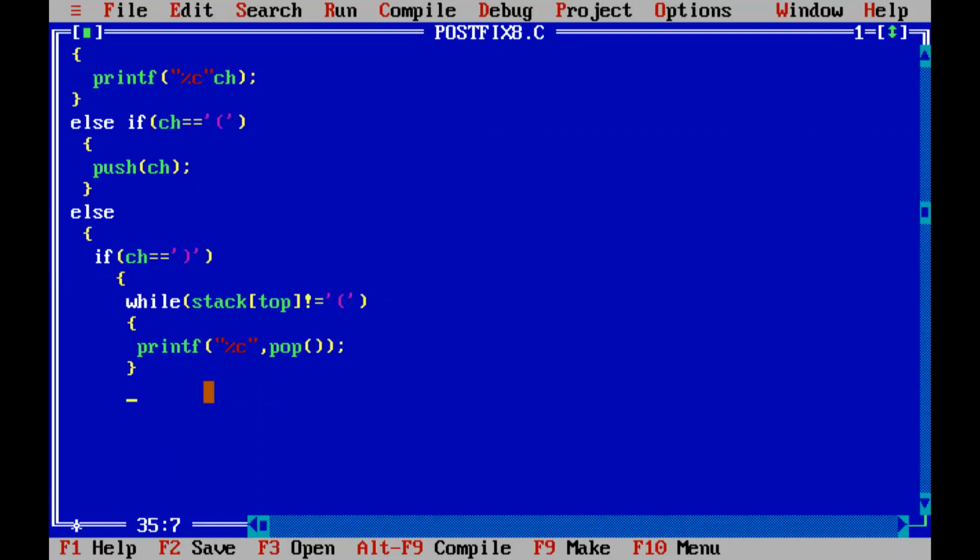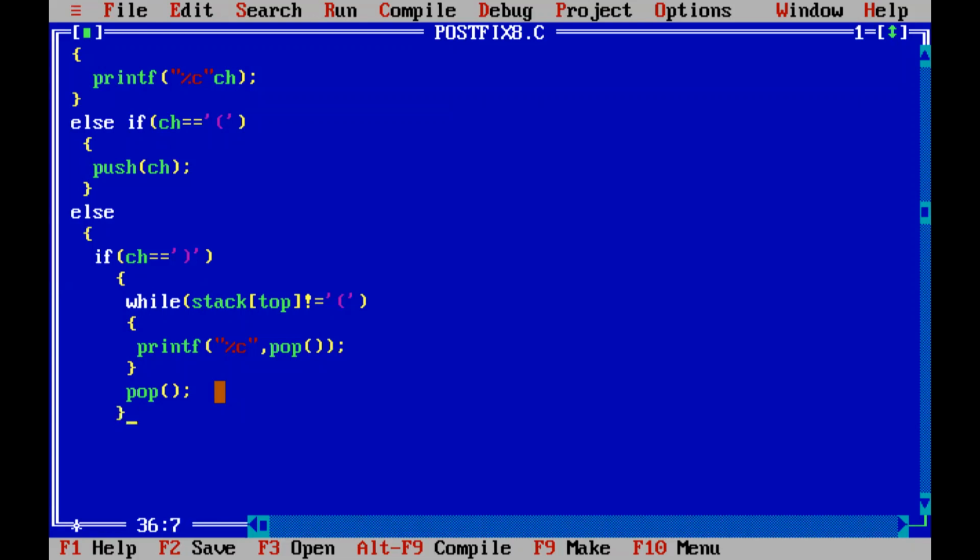It will come out of this while loop and then do one more pop. Now what will be popped? On top of the stack, you have a left parenthesis, right? It will be popped off. It will be removed from the stack, but it will not be printed onto the display. I hope it is clear. It is just removed from the stack, and those who have executed their example will understand.